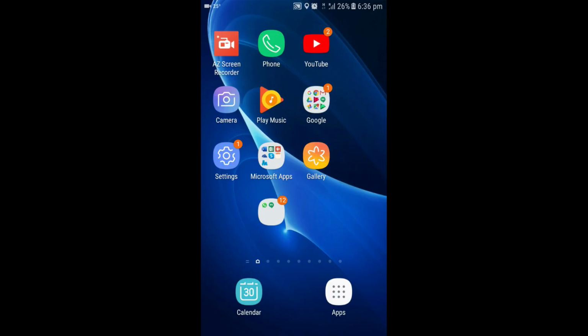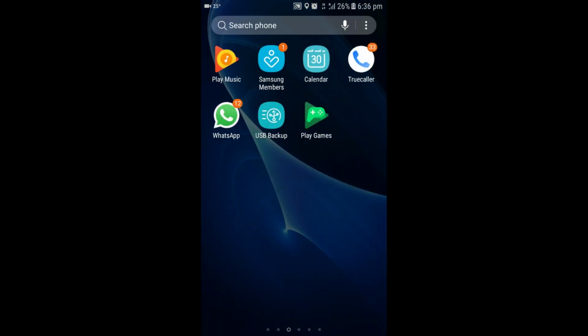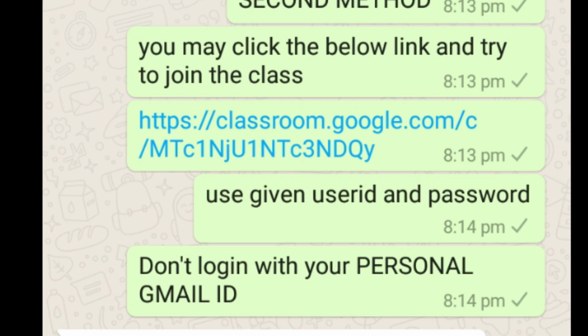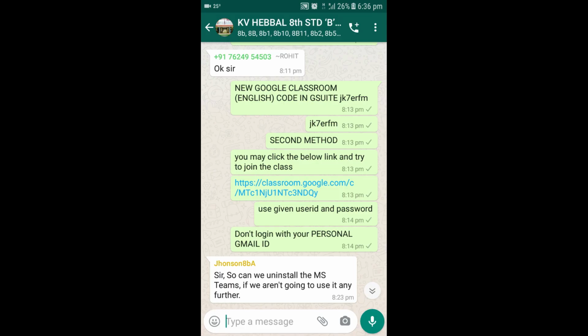So first what you have to do is, you have to open the WhatsApp in which you have received the Google Classroom link or G Suite link sent by your subject teacher. So here is the link for class 8 section B. So let me tap on that link. So once you tap on that link, it will take you into